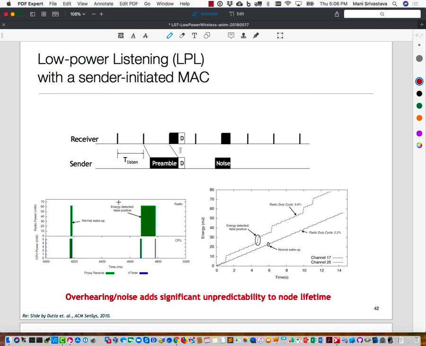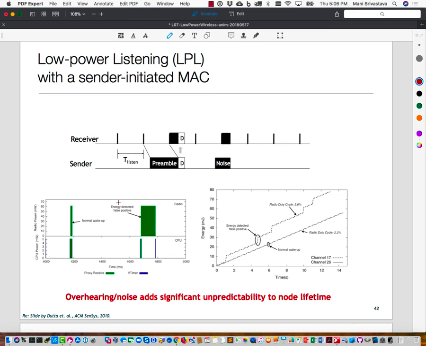Additional issues that come up with this kind of sender-initiated scheme are the following. If the receiver wakes up a little bit later, and there is some noise in the channel, like maybe your microwave oven is running, then the receiver would say, aha, there is something, and then it will attempt to receive it. And it will stay up until such time it realizes that there is actually just junk there. So the problem with the sender-initiated scheme that happens is that